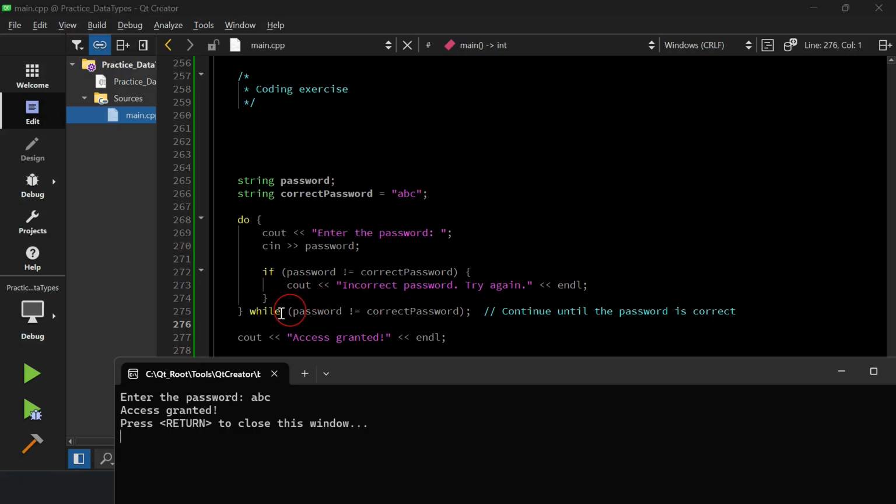So it escapes this loop. Then it checks again, as long as the password does not equal the correct password. This is also not our case because they are equal. Therefore, it finishes the loop and it gives us the access. However,